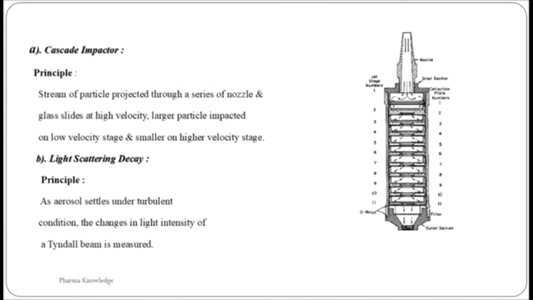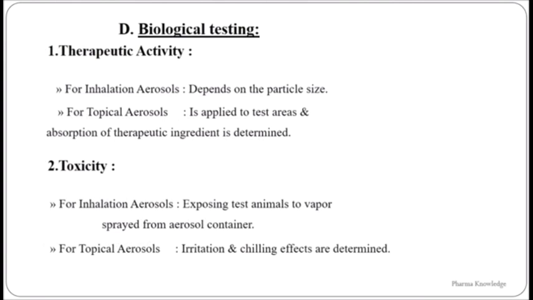So next one is aerosol valve discharge rate. The aerosol valve discharge rate is the change in weight of the container per time dispensed, expressed as gram per second. And the last one is particle size determination. For particle size determination, the cascade impactor and light scattering methods are used. The aerosol passes through a series of nozzles of increasing diameter under vacuum. Particles suspended in air will cause a scattering of light noted by the photodetector.